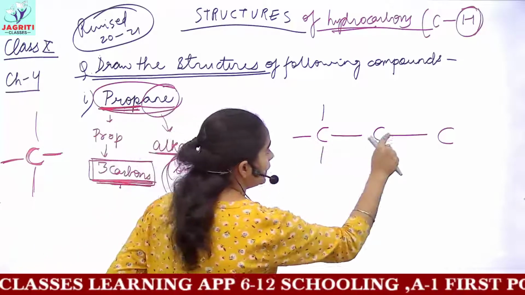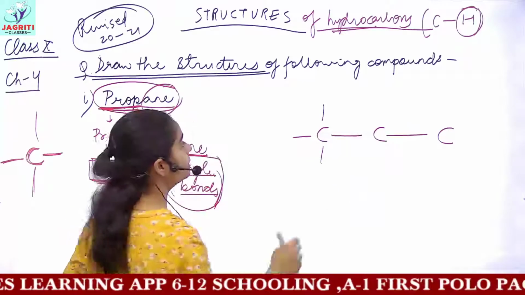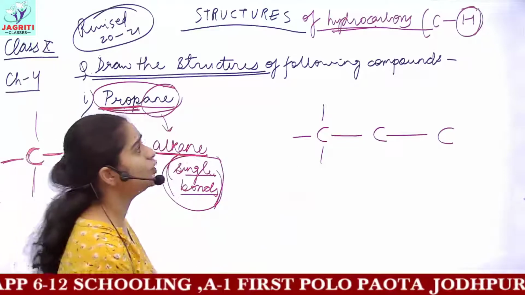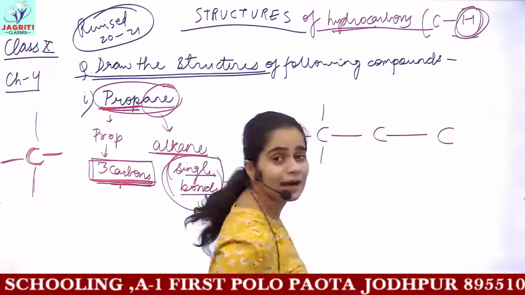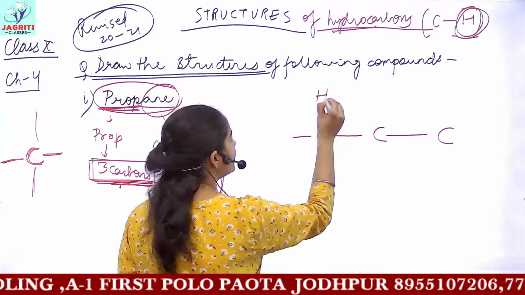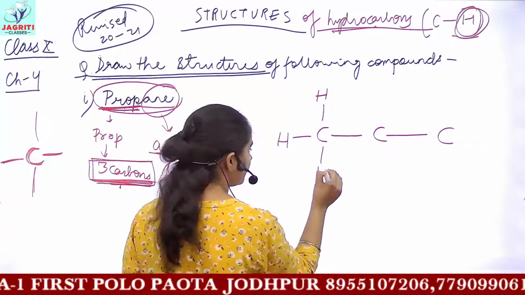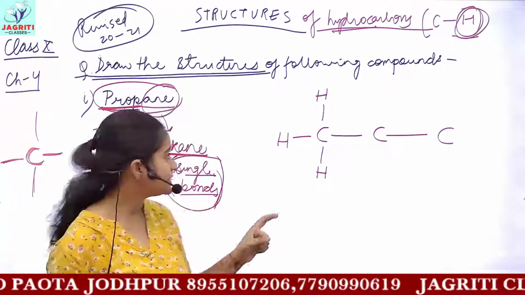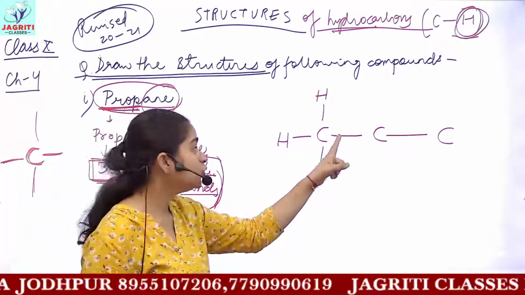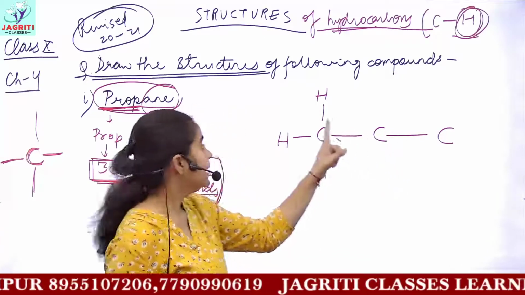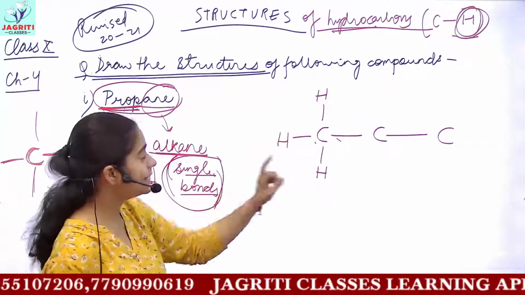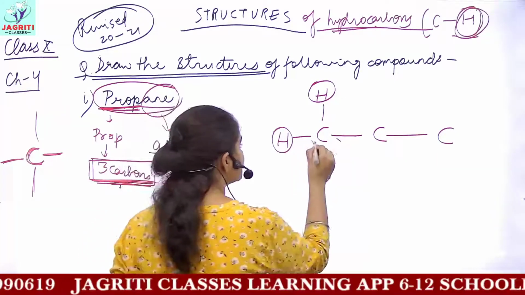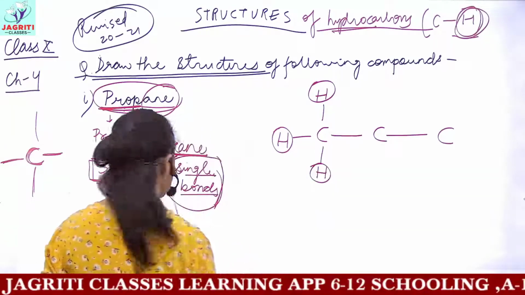One bond is already used up in binding to the neighboring carbon. The remaining 3 I have drawn. And you know these remaining 3 bonds would be completed by what? By our hydrogen. So let's start by completing these bonds with hydrogen. So this first carbon, if I ask you this carbon is attached to what? You will say this carbon is attached through a single bond to its neighboring carbon, and then it is attached through single bonds to the 3 hydrogen atoms. So this is what the first carbon is bonded to.